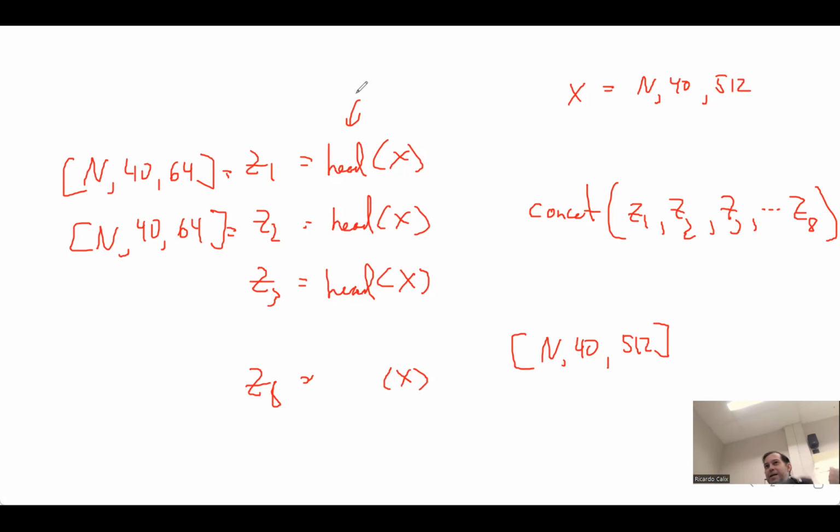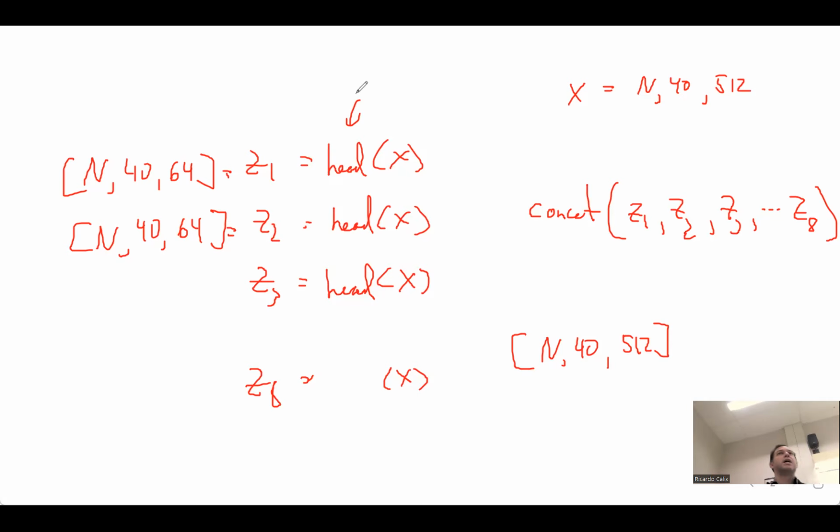Do a simple matrix multiplication, and instead of producing n by 40 by 512, produce n by 40 by 64. You see what I'm saying? So they still capture the 512, they just project it to 64. And boom, you now have the same thought 8 different ways of looking at the problem with attention, but they shrink the output matrices for GPU purposes. And then they concatenate that to produce a final one that is n by 40 by